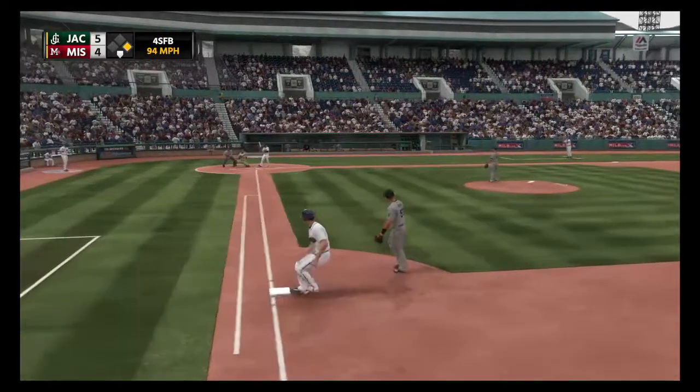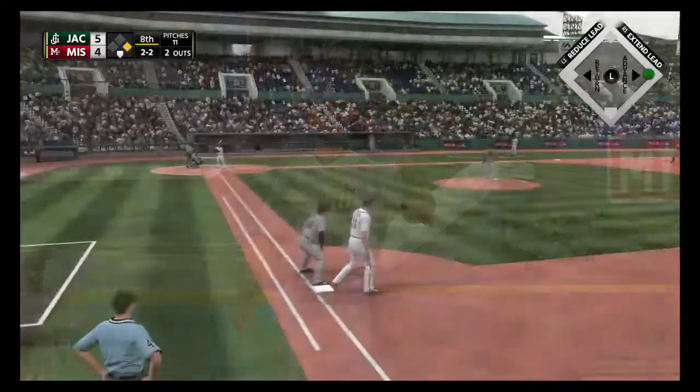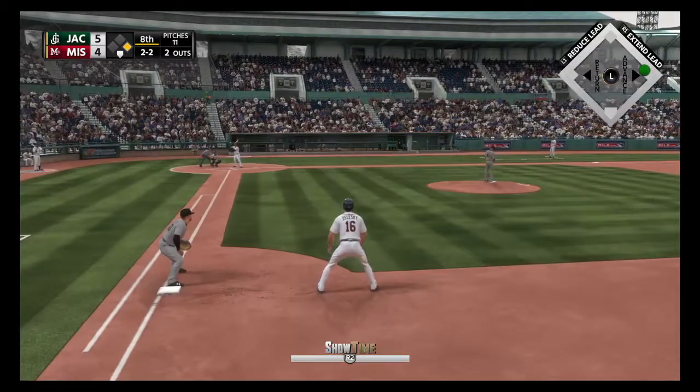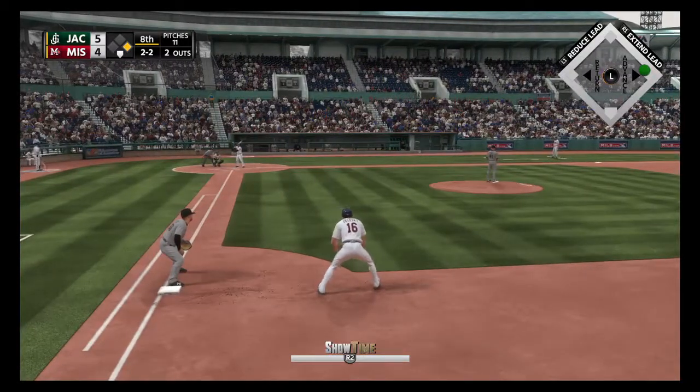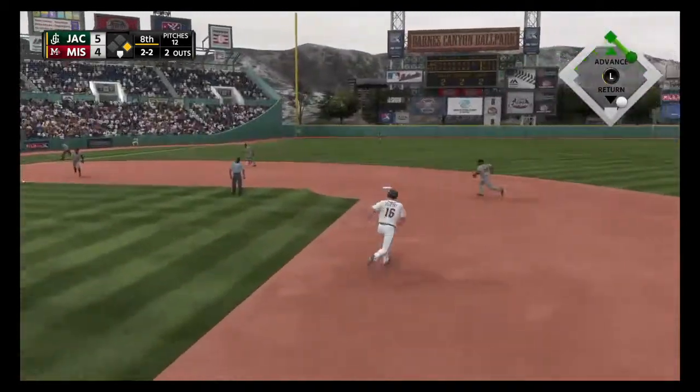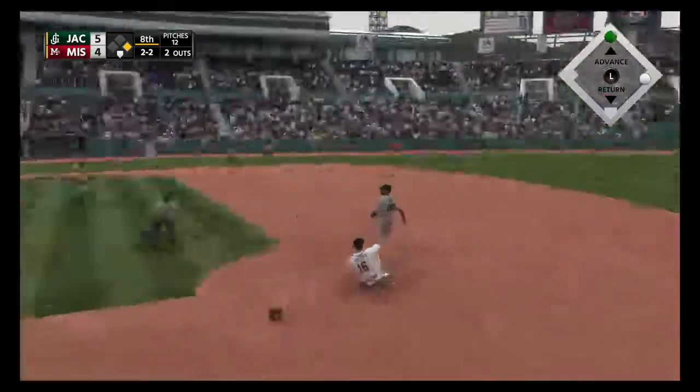Two and two. That's a real good job of going back-to-back fastballs right there. Most of the time, a hitter will see a fastball in the inside half of the plate, and they'll just think, well, this pitcher's going to go back on the outside. But when you double up like he did right there,